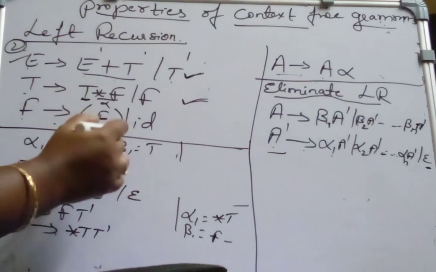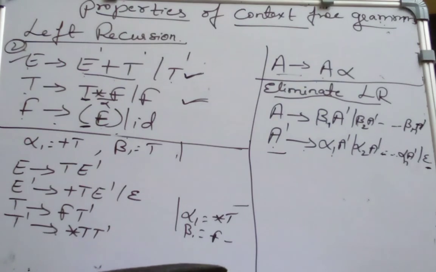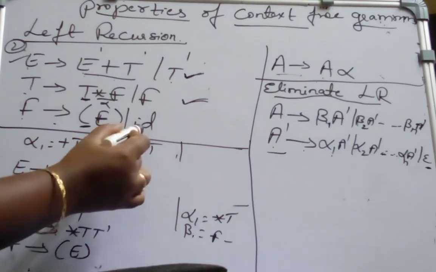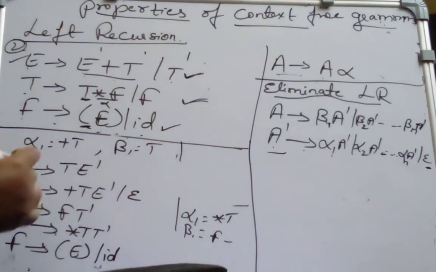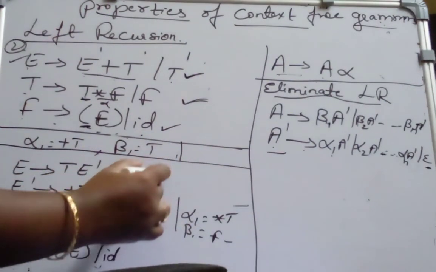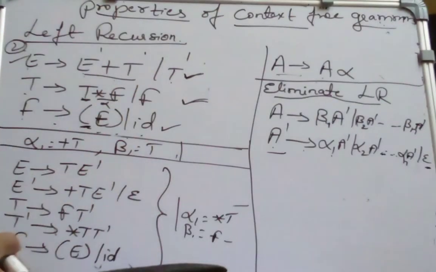And observe this grammar. Do we have left recursion? No, we don't have any left recursion. The first symbol on the right hand side is the open brace, so copy it as it is. F derives E in brackets, and see this production F derives ID. So you don't have left recursion in either of these. After removing the left recursion, this is the new grammar we got, with 5 variables on the left hand side. Initially we had only 3, and now we have 5 non-terminals in the new grammar. So this is the final grammar we get after eliminating the left recursion.